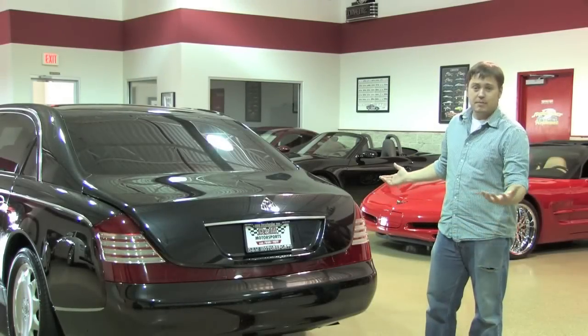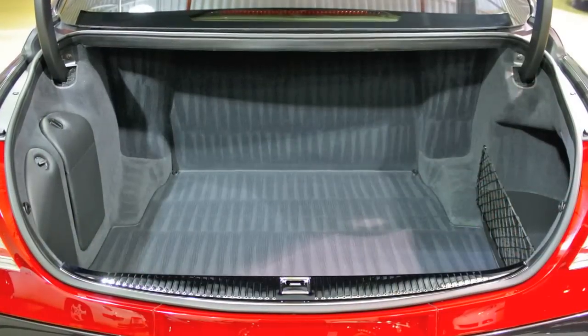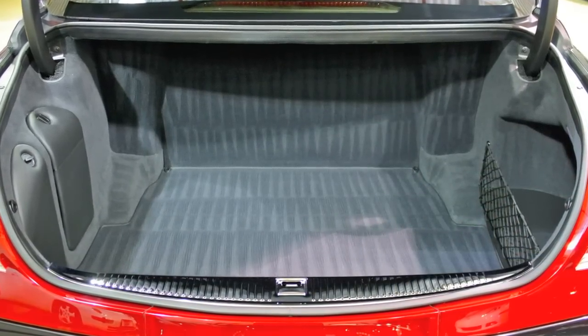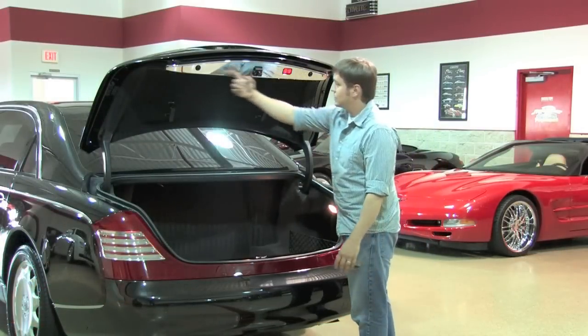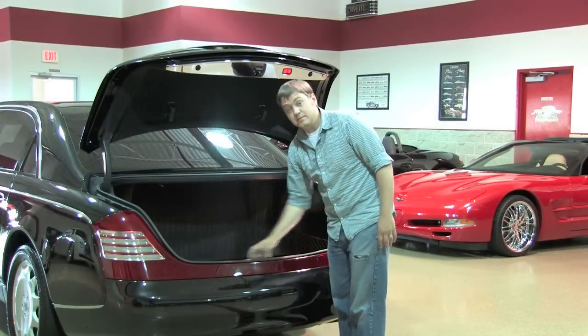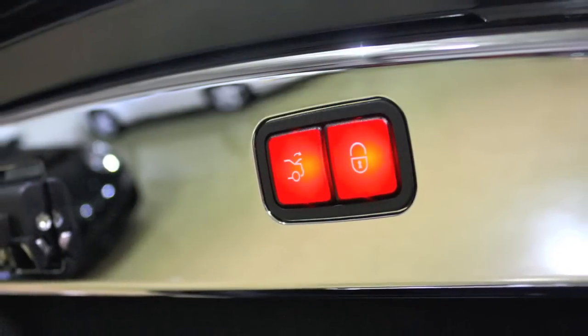As the dimensions of the Maybach continue, obviously it's a large car, and of a large vehicle, you would imagine, it more than likely has a large trunk. And it does. It is stunning back here, but as you can see, everything's decked out to Maybach trim. You got a chrome piece here as well as the piece that it meets down here, and then leather-covered access areas. And then just to close this,